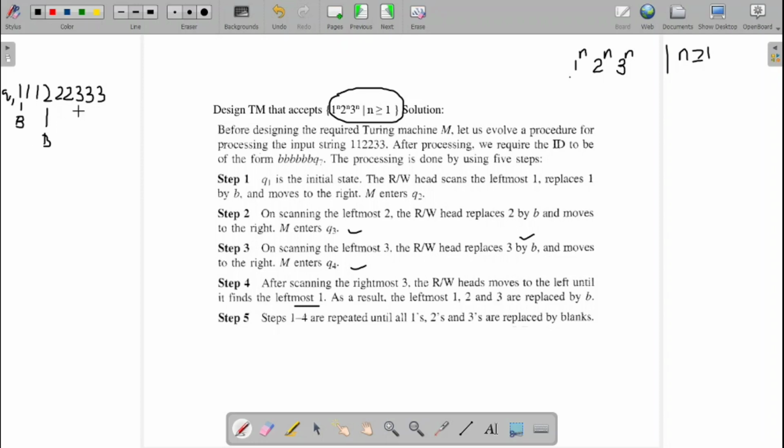Once I get the 3, again I will check whether I reached my end. If the next symbol is 3, I have not reached the end. If I reach the blank, I have reached the end. That condition I will check. If I reach the end, I will go to my final state. If not, again I will come back.